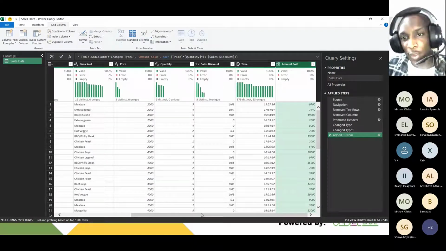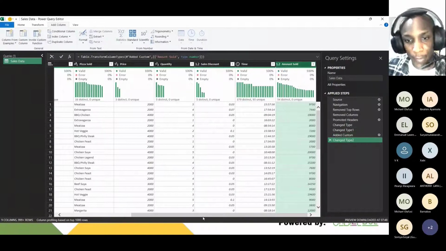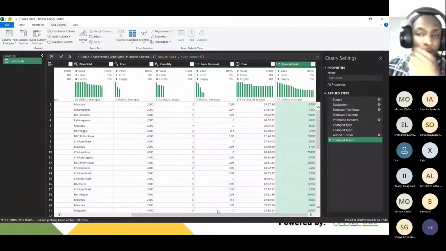This column is showing both alphabets and numbers. I'll change it to only decimal number, because it's decimal. I'll just click on it and go to 1.2, that's decimal number. Okay, that's cool. So the next thing I want to do, I want to create a